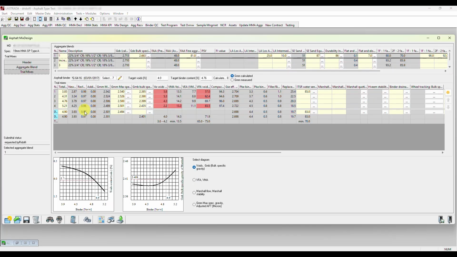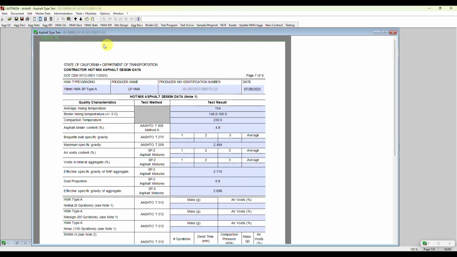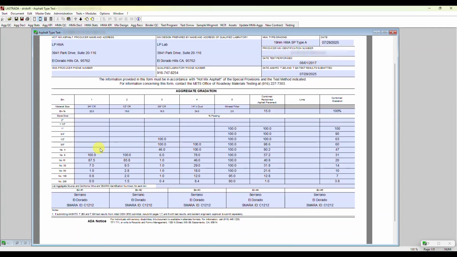There's a full set of trial points in here as well as what we call the design variant of 4.9. Some people call it the mix verification. So to create the 3512, I just go here, I pick a 3512 template, and then if I go all the way up to the first page and toggle through, here's the first page with the aggregates in it, with